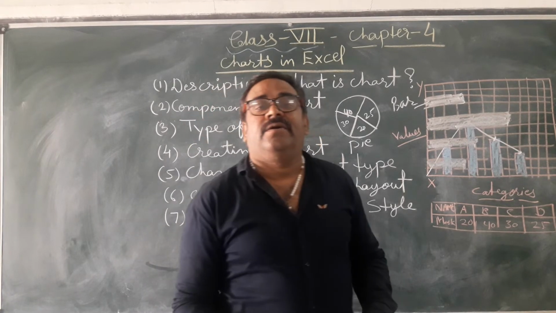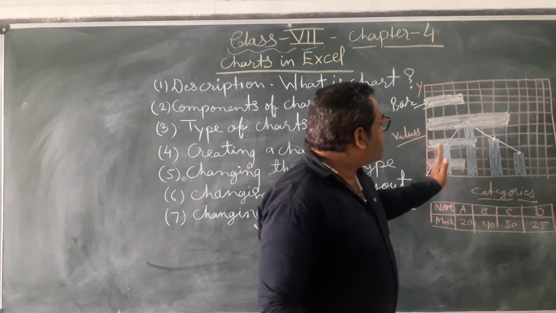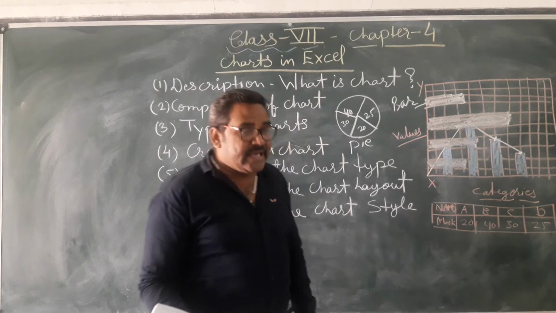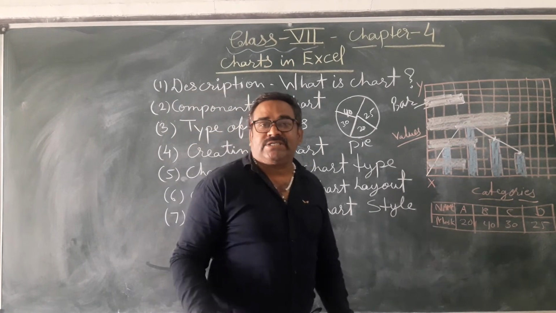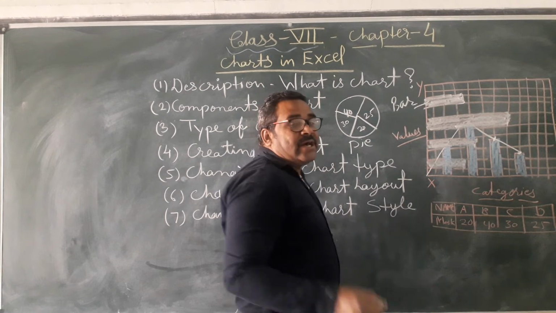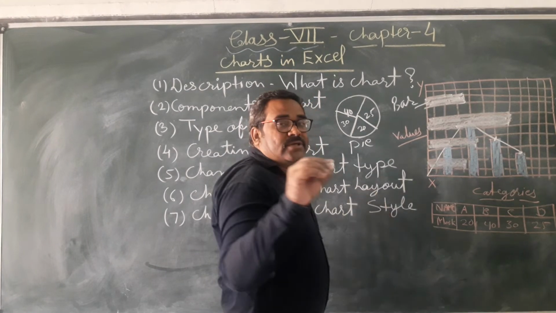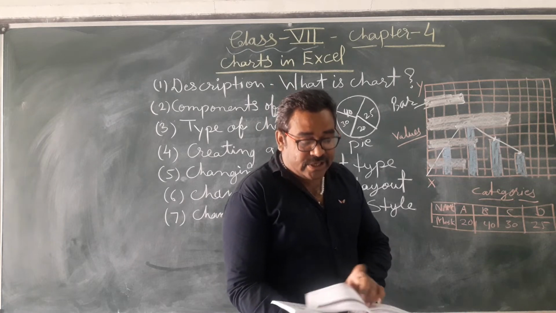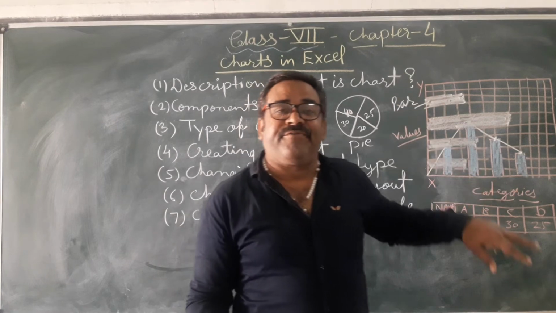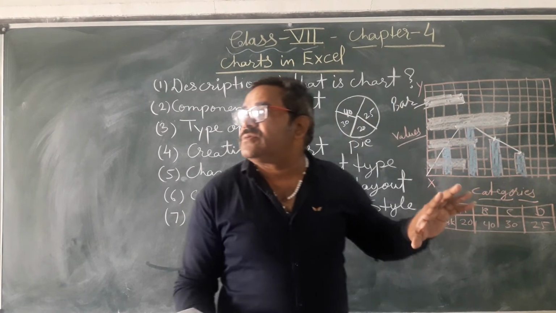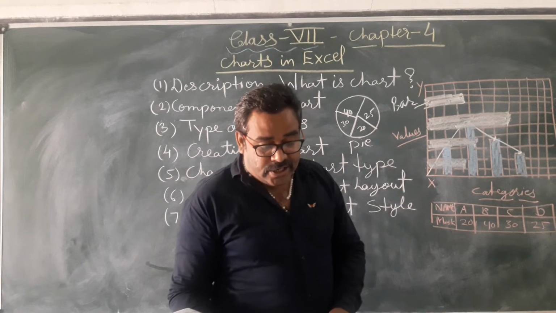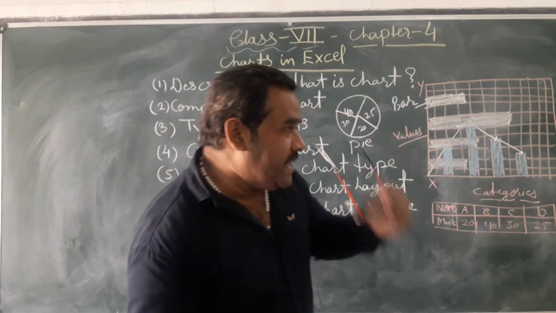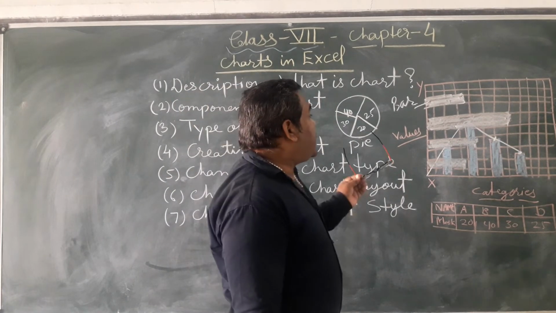Then area chart. An area chart fills the whole surface with the data. That is called an area chart. Now move on to the scatter chart. A scatter chart is like the line chart, but with dots. You just put some dots onto it. Then the donut chart, which is also like a pie chart, but with a hole in the middle. And then the surface chart. Surface chart means the area is filled like a surface. That's called a surface chart.